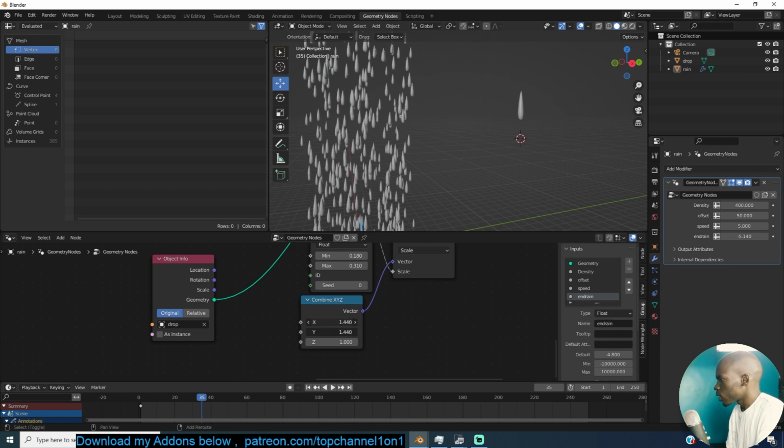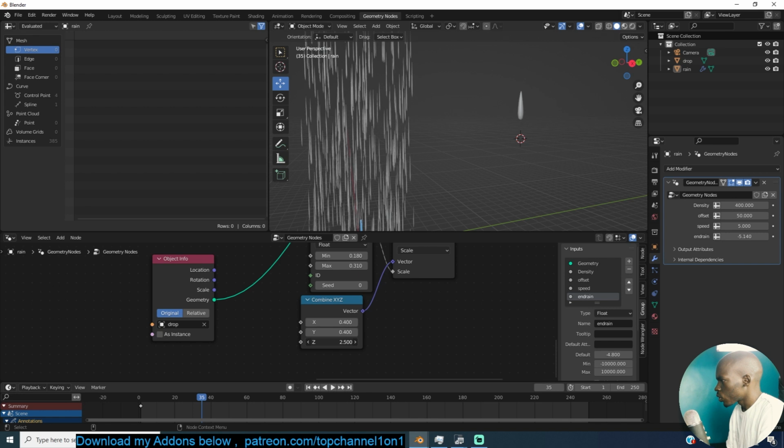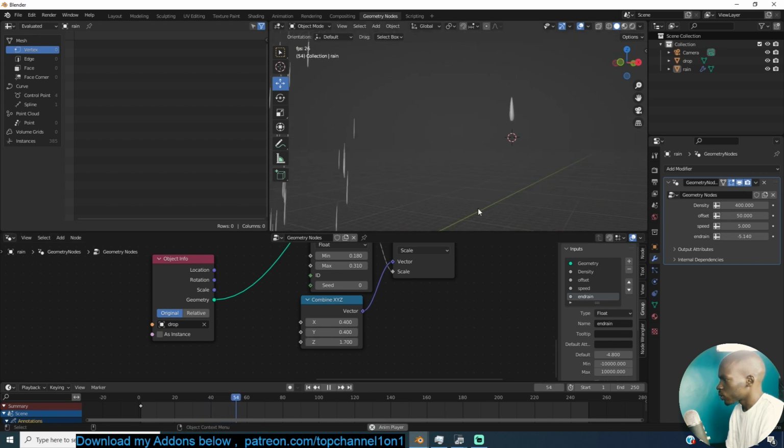So now I can make this thinner, or just make the raindrops longer like that,